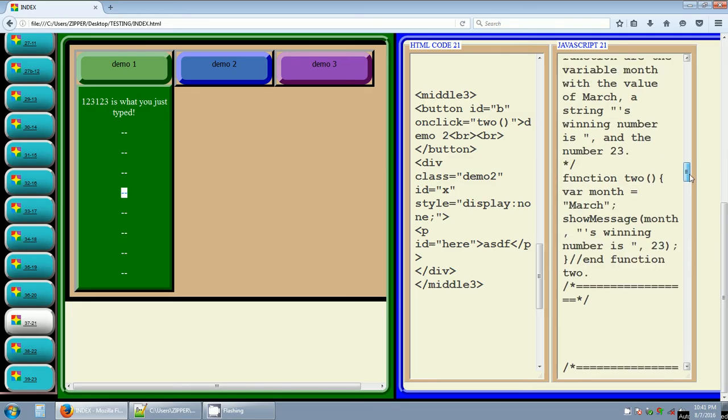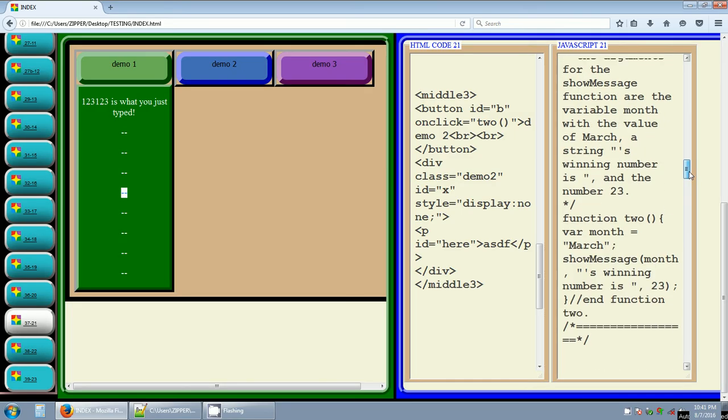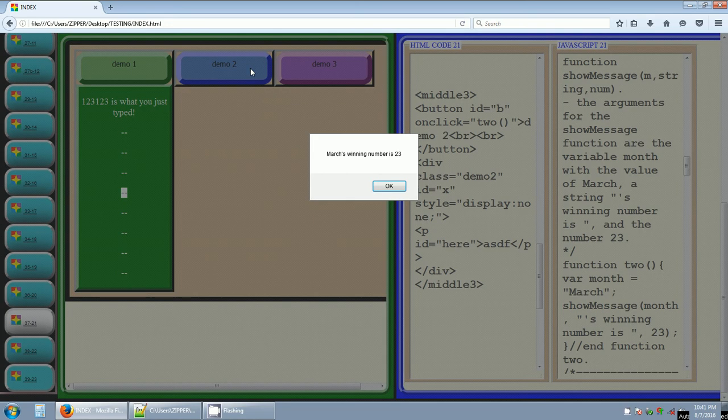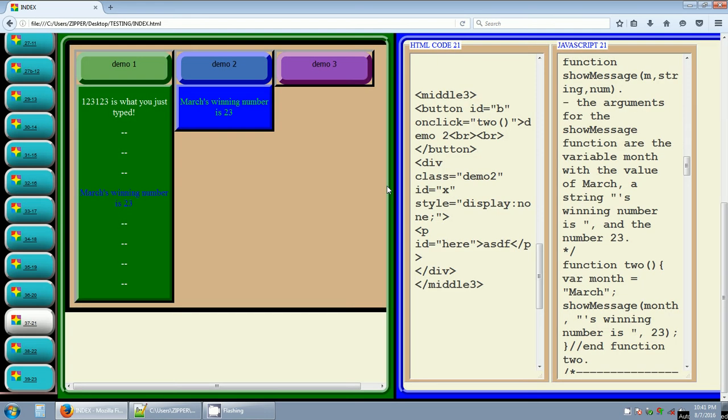So we have showed 2 functions that the demo 2 button is going to deal with. First it's going to call 2. 2 is going to call show message, and function show message up here has 3 parameters. Function 2 is going to answer those 3 parameters with 3 arguments that will match. So let's click demo 2. March's winning number is 23. There's our alert box. Hit OK, and both the paragraph with the ID of 4 and the paragraph with the